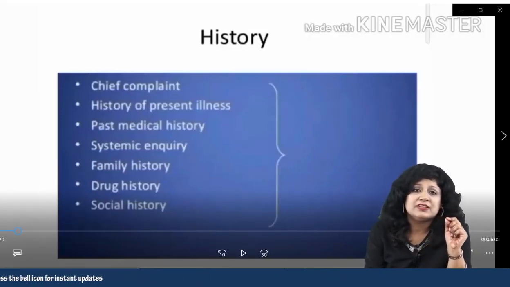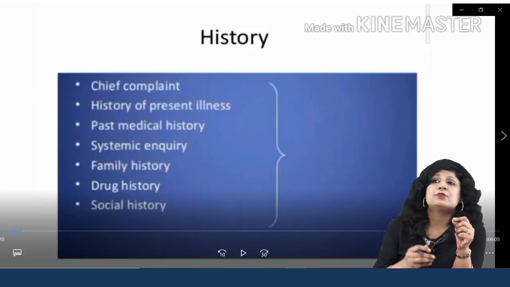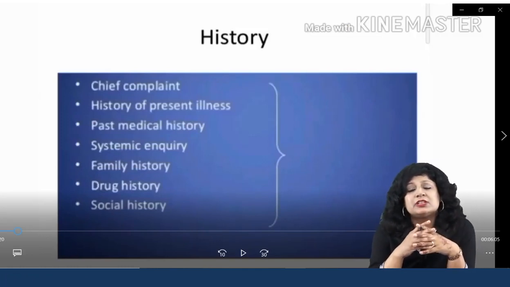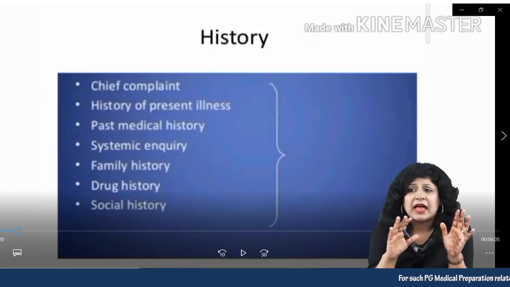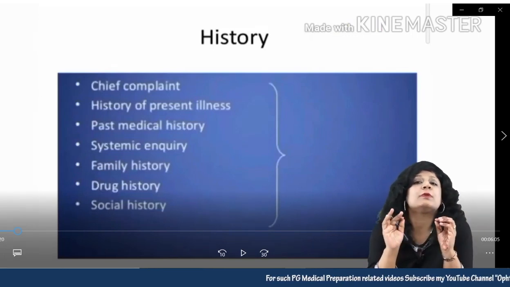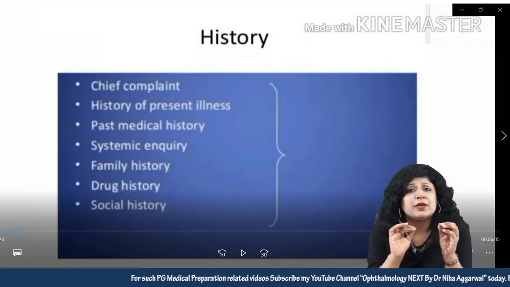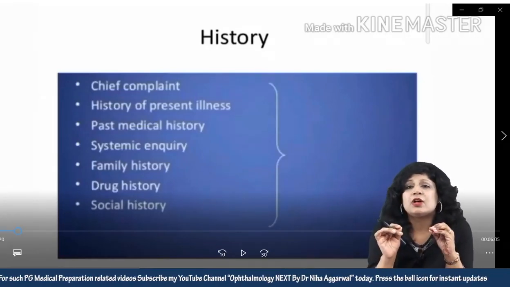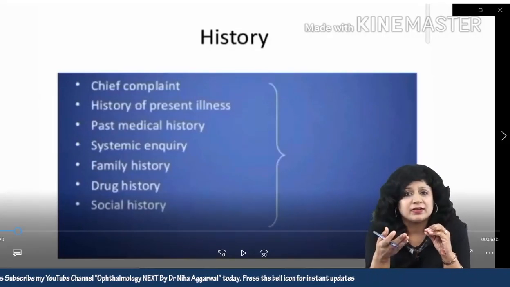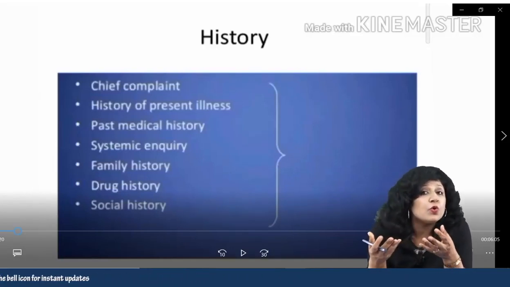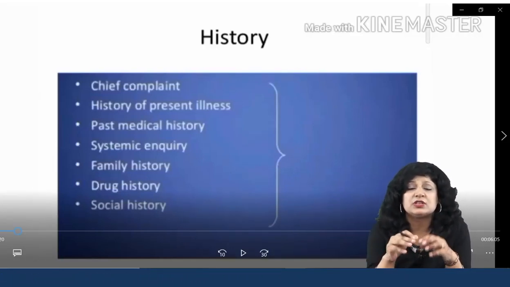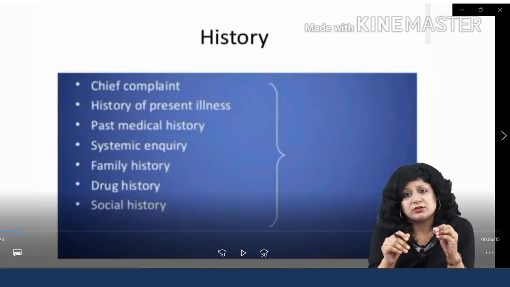So you have to write the chief complaints, and you have to be very, very cautious about it, that when you are writing the chief complaints, they should not be more than 3, and even I will say that they should not be more than 2. There must be only 1 or 2 chief complaints, because if you start writing everything there, then you will actually be lost and you won't know what are the main complaints of the patient and what is actually to be sorted out.